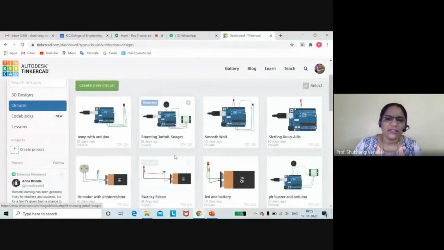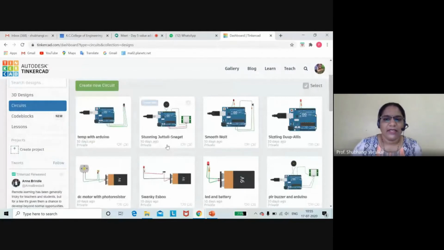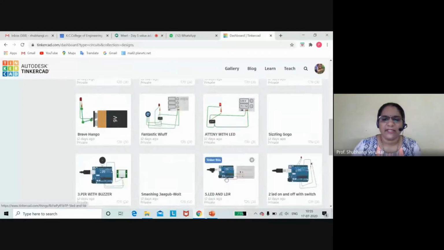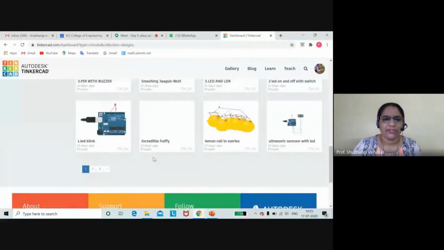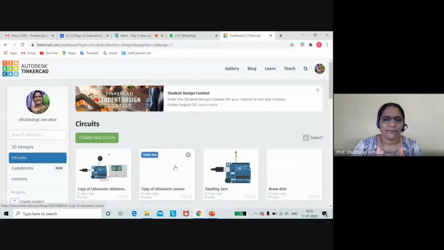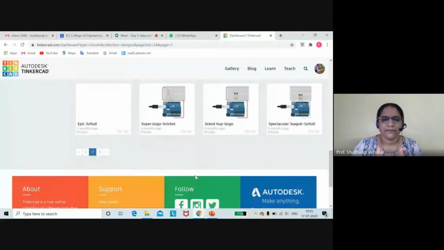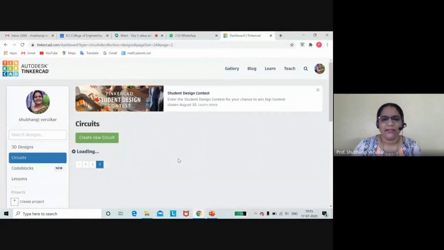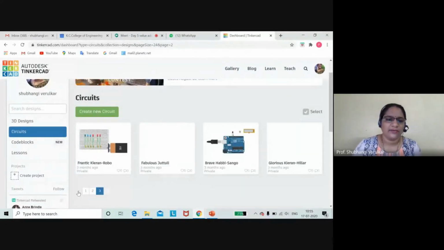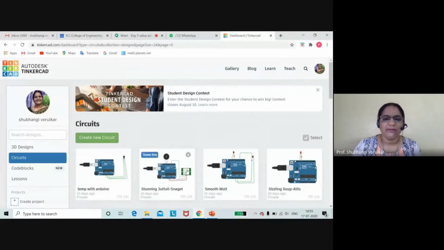So what are the circuits present here? You can see that similarly, whenever you will build your circuit, number of circuits will be present with you. Okay, and any circuit which is present here, that you people can reuse. It's not like that once I develop, then I cannot reuse it. Whatever circuit till now you have developed, that circuit you can reuse. Okay, so we will start with a fresh new circuit only.